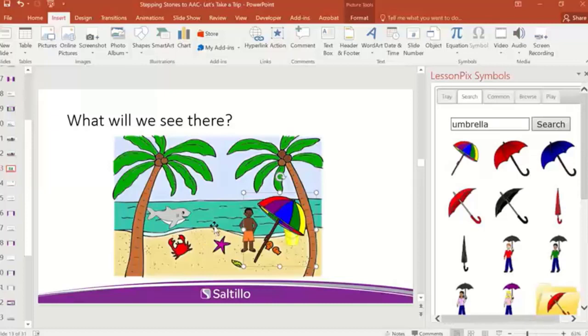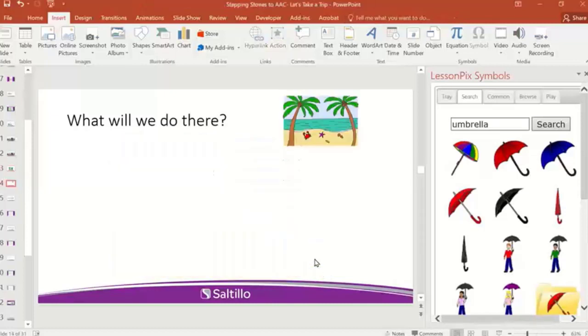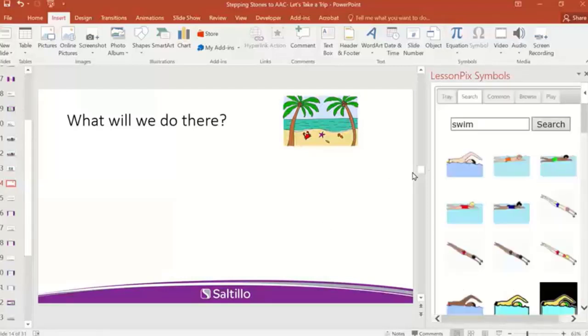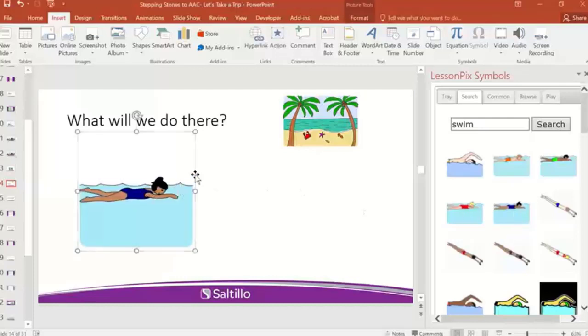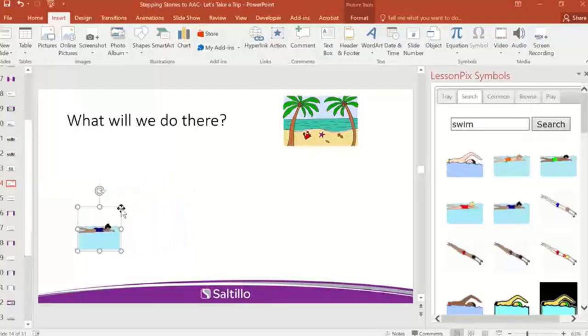Well, now we've got all the things we're going to see. Next, let's talk about what we want to do while we're at the beach. So let's brainstorm some activities that we might do at the beach. I know we already talked about having a swimmer, so we want to swim at the beach, right? If it's not too cold or not too sharky.